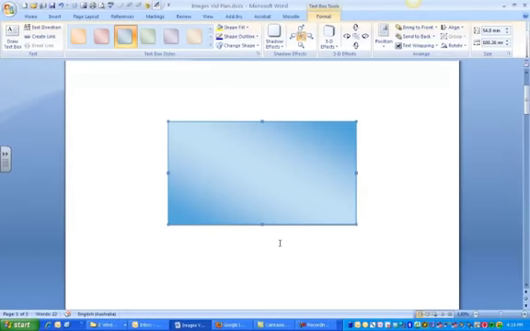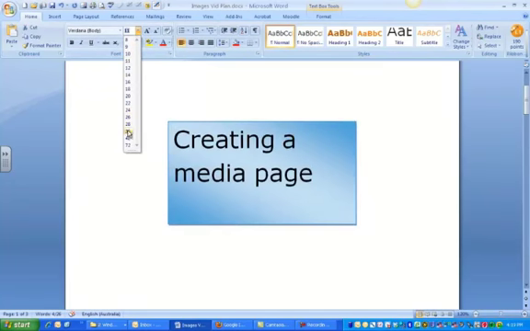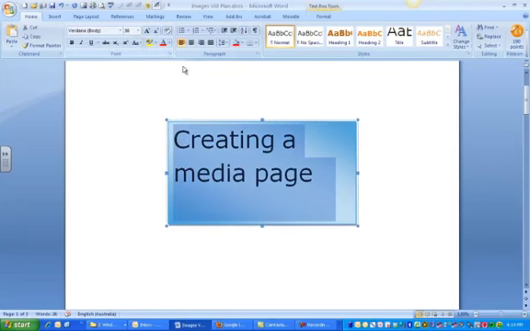I wanted a text box called creating a media page. So you'll actually see this image already in the course, but I'm creating this image before I've finished creating that tutorial. So there we go. This is a bit like having a time machine. So I am going to write creating a media page. Alright, so I'm going to increase this to 36 will do,